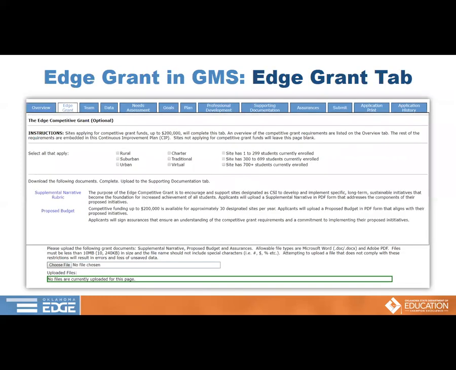If you decide to apply for the competitive EDGE grant, you will complete the EDGE grant tab. If you're not applying for the EDGE grant, you will leave this tab blank. In the top portion of this tab, you'll fill out the demographics of your school just by checking all the boxes that apply. In the middle section, you'll see a link for a supplemental narrative rubric, and then a link